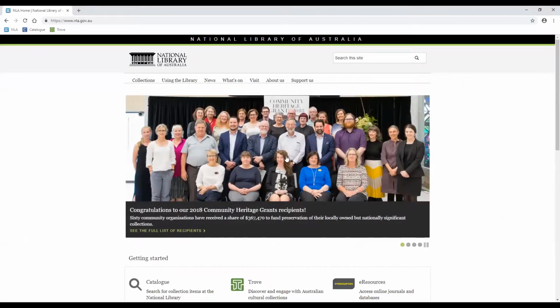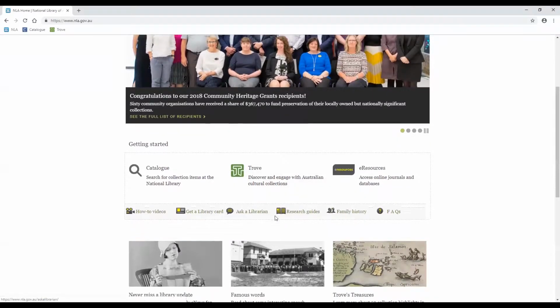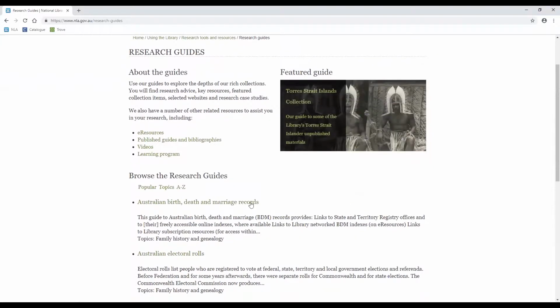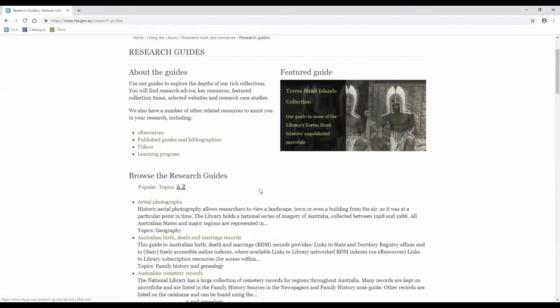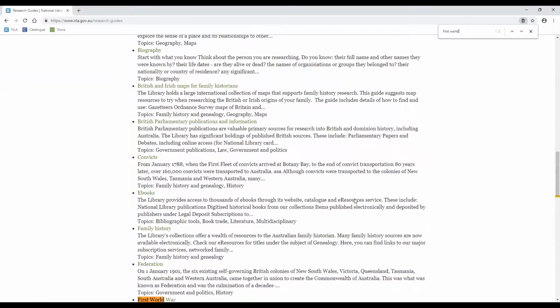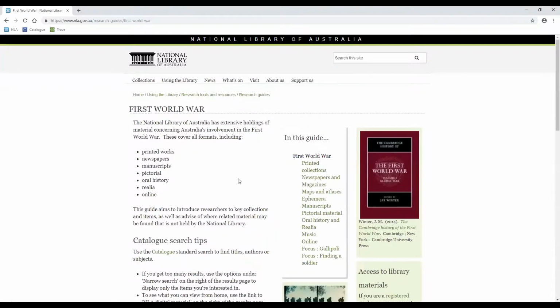So those are those main resources. But there is one more thing that I'd like to show you, which is our research guides. It's one of those opportunities we have to pull together information before for people so they don't have to do the hard work themselves. In this instance, I know that there's one about the First World War down here. So you can see we've got other ones on a wide range of topics that might be of interest to you a number of times, like Federation or the League of Nations. But in this case, I'm going to click on the First World War, and it'll take us to that guide